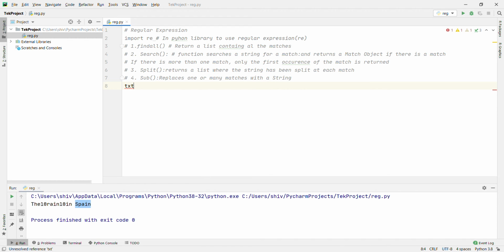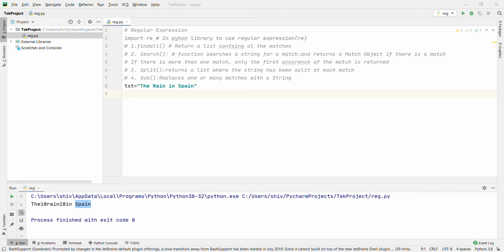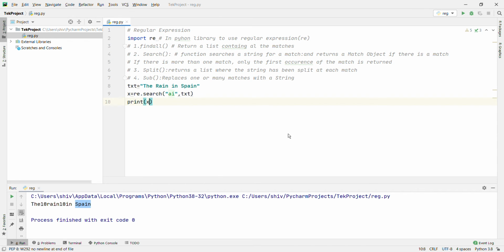Text equal to "the rain in Spain", x equal to re.search for "ai" in the text, then print x.